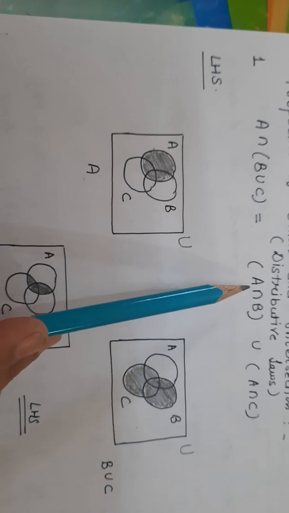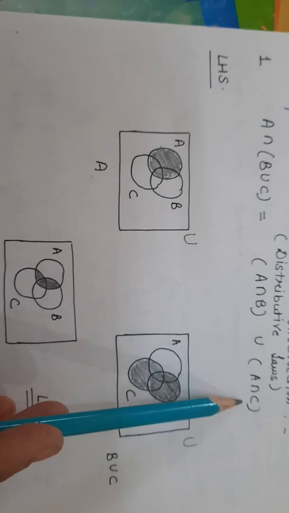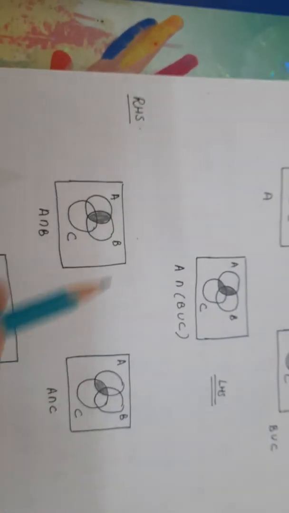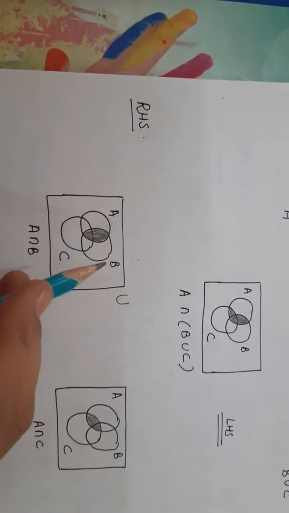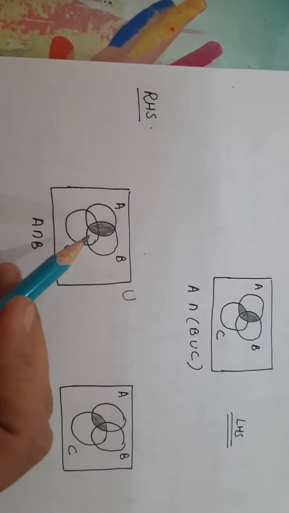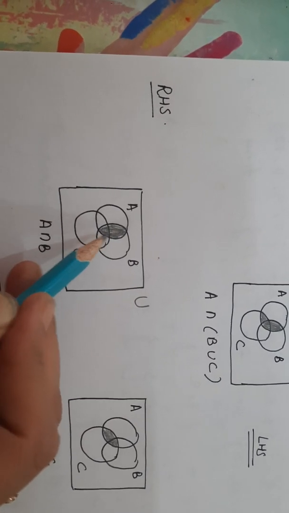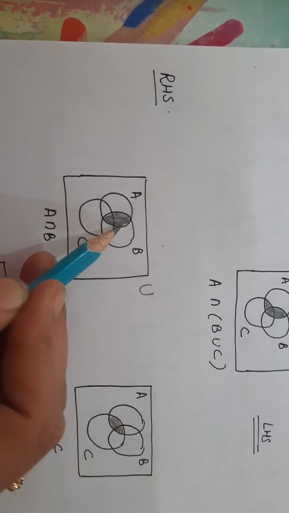So in the first Venn diagram, I'll shade A intersection B, and in the second A intersection C, and then we are going to take the union of these two diagrams. So let this be your universal set U, or you can also write here X. A, B, C sets. A intersection B. Now this is the common region. Intersection means the common region of both A and B. So here I have shaded the common region of set A as well as B.